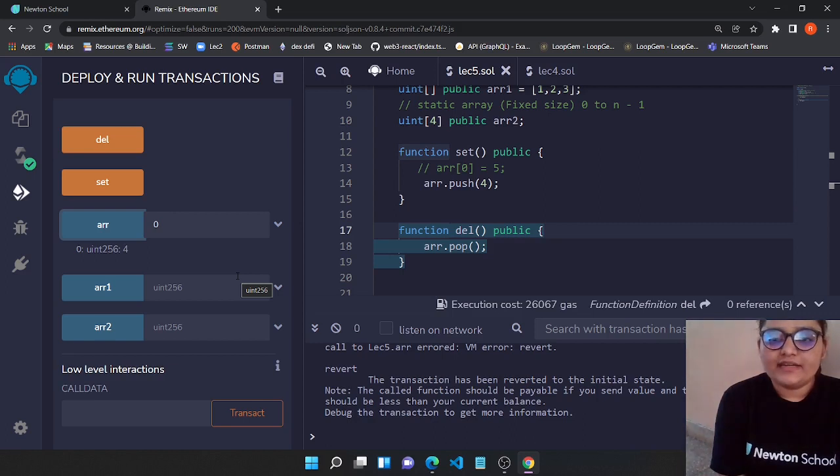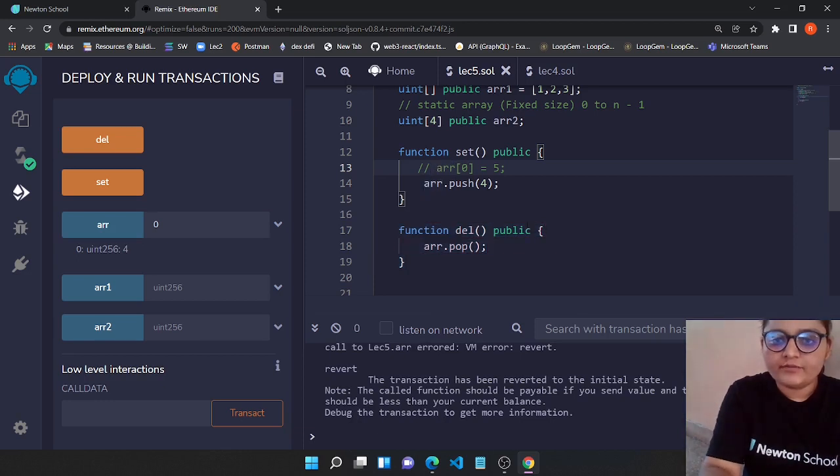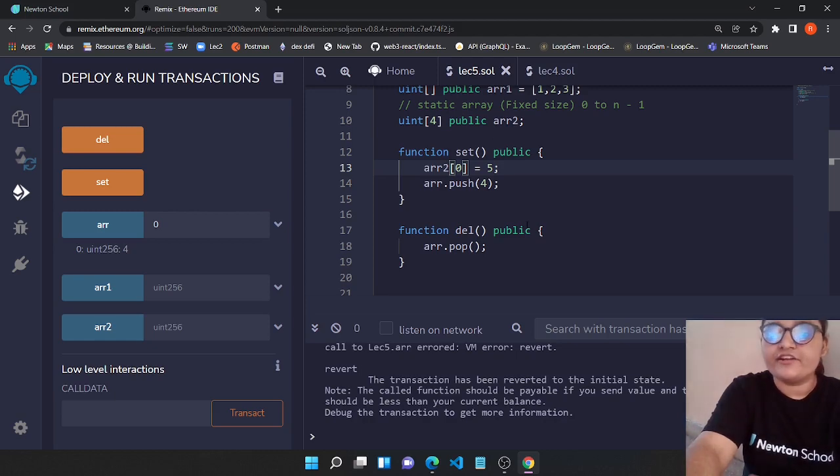So yeah, that was a bit of an intro about some of the inbuilt functions of arrays that Solidity provides us, and how we can manipulate the array and initialize it or set values with it. So now let's move to the second part of our video, which is modifiers, like how we can use modifiers and what the benefits of using modifiers are. Before moving to modifiers, I also want to show you this particular line. If I use array 2 instead of array 1, then this function won't revert our transaction.